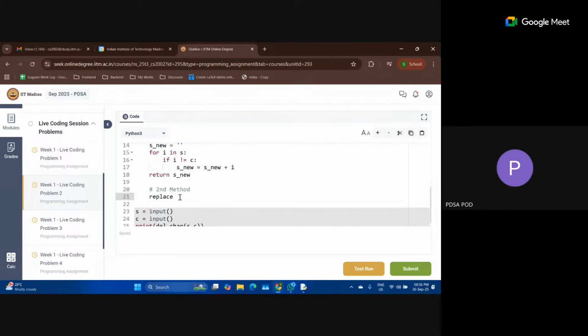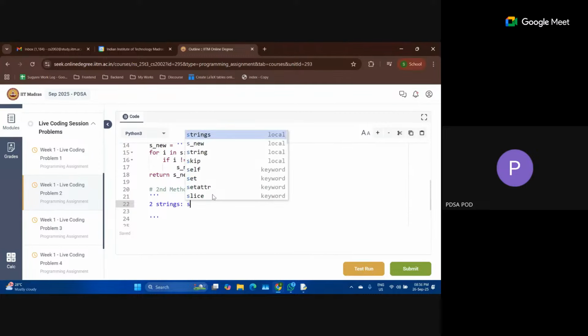So what this replace thing will do is, it will take some string. Let's say there are two strings, s1 and s2.